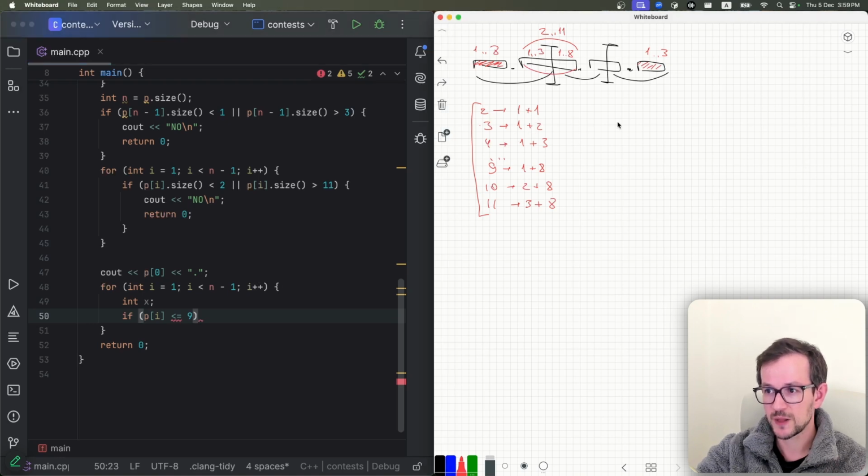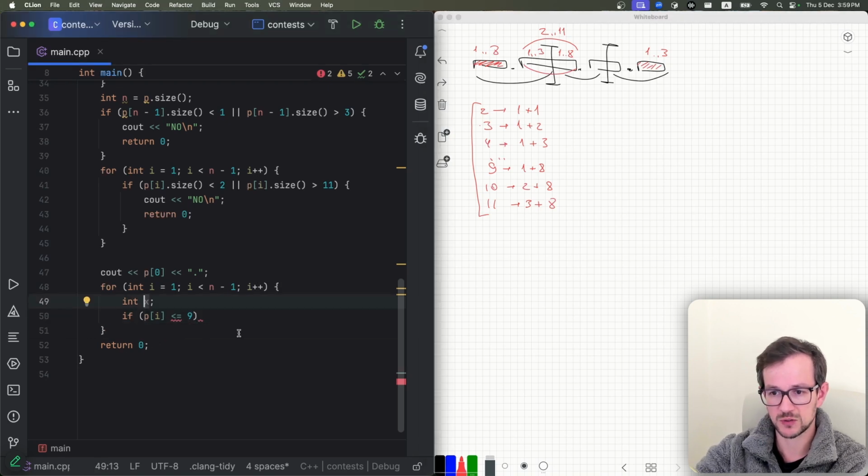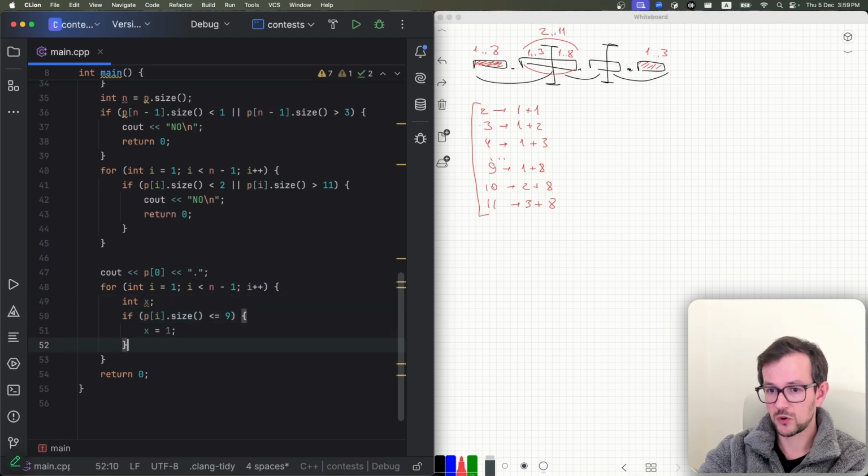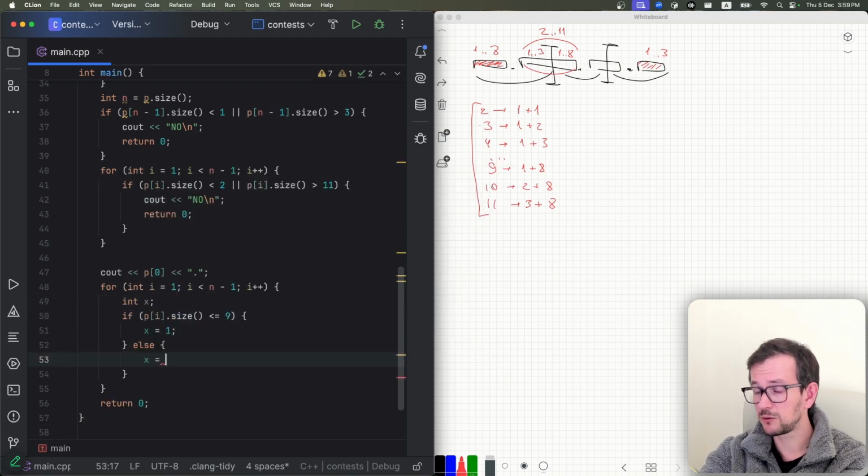So if length is at most 9, I will split it to 1 and something. So x will be the length of the first part, let's say, then equals to 1. p_i size. Yeah. And if not, x will be equal to, let's say, p_i size